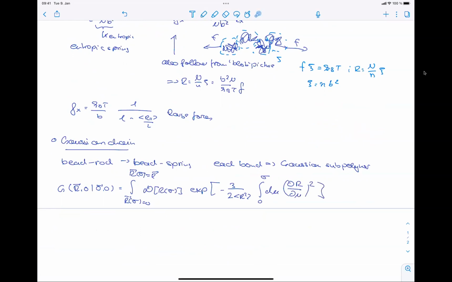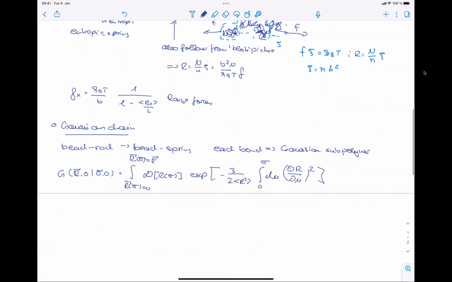And so we can also identify this path integral formulation as an integral with an effective Hamiltonian. Indeed, this is the so-called Edwards Hamiltonian,